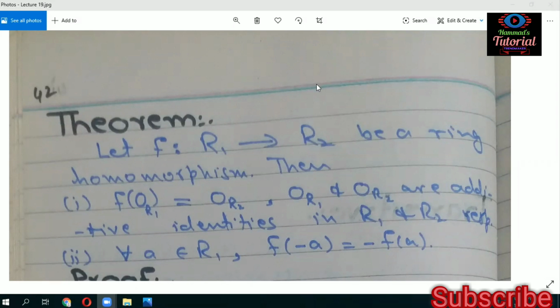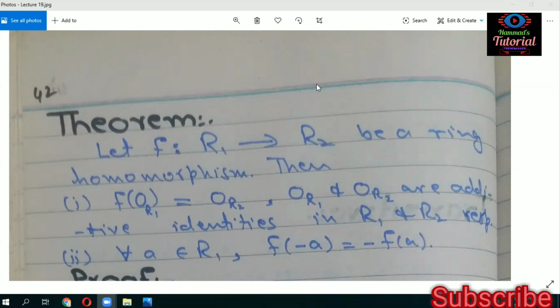We start this lecture. If you recall the group theory, the definition of homomorphism and the properties of homomorphism in group theory, you will definitely have in your mind that if phi from a group G to G dash is a homomorphism, then phi maps the identity of the first group onto the identity of the second group. So the same is the case in ring theory, but in a ring we notice that there are two binary operations: the first one is the binary operation of addition and the second one is the binary operation of multiplication.